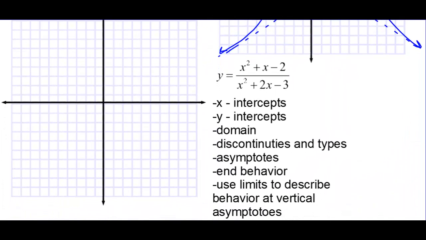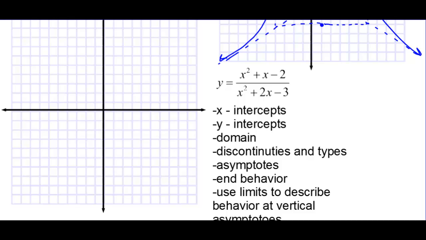Here's the rational ones, and with rational ones we are asked to provide lots of information. So let's go through one. The first thing that you need to do when you're given a rational equation is factor the top and the bottom. So x plus 2, x minus 1. And we have x plus 3, x minus 1. Now those cancel, which creates a hole in the graph, which is a discontinuity in the types. So removable